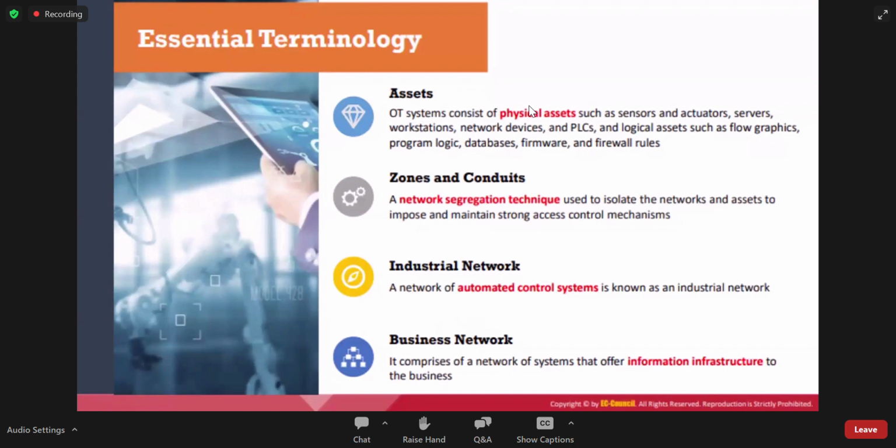If it is a manufacturing business, let's take car manufacturing, each and every robot implemented over the industry will come under a single network, and the other network will be monitoring the records. So how many workers are coming and going out, their attendance data, how many cars are being manufactured, and the raw materials we need and how to manage them, etc. This will come under the business network, and only the devices will come under the industrial network.